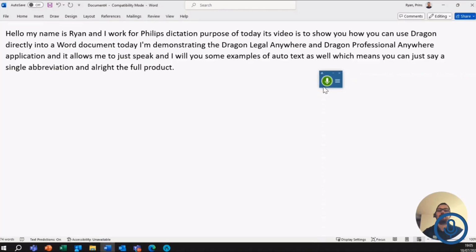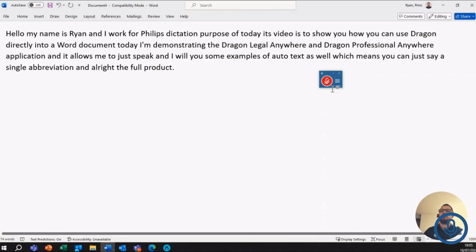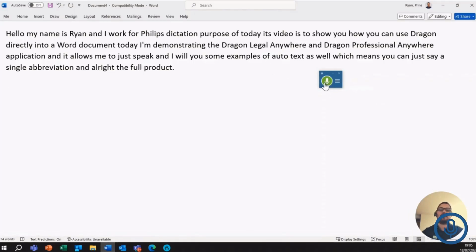Microphone off. So where I've said Philips Dictation, okay, it's put a small letter for dictation, but what I can do is easily correct that. So I'll just open up the microphone again, select dictation, cap that,